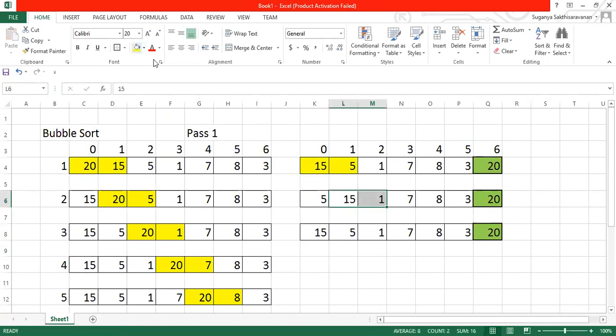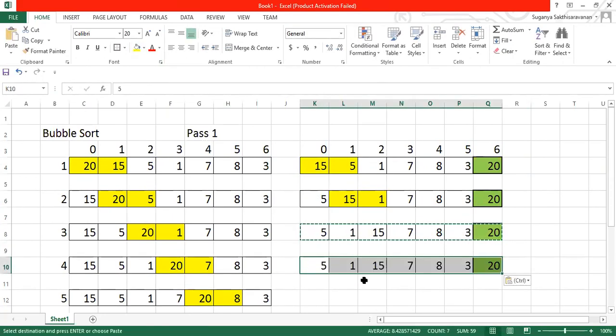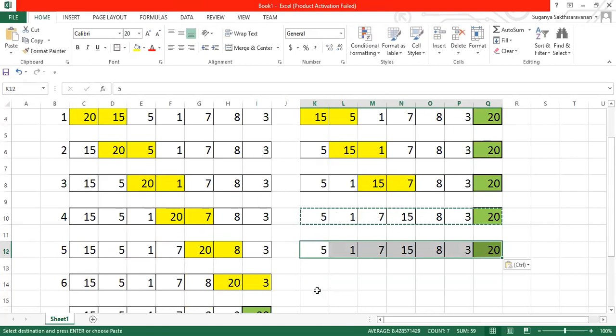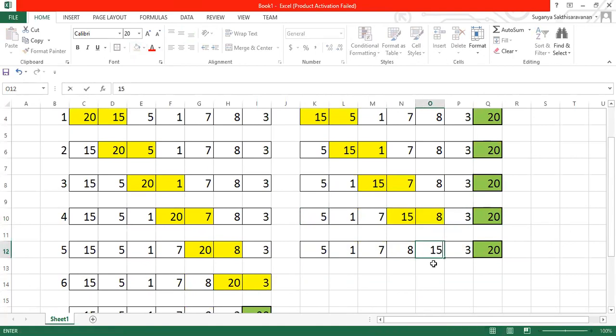Now the next two elements are compared. So you can notice that. Just a minute, let me modify. So 1 will be swapped here and 15 will be brought here. Okay. And next, these two elements are compared. When I'm comparing this one, 7 will be brought here and 15 will be brought here. Guys, the highest value will be stored at the right end. So in the case of bubble sort, we take the largest value and sort from your right side. This is what happens. Here these two elements are compared and now 8 is brought here and 15 is brought here.